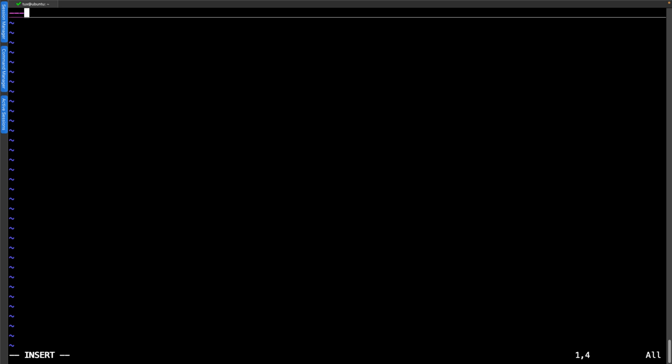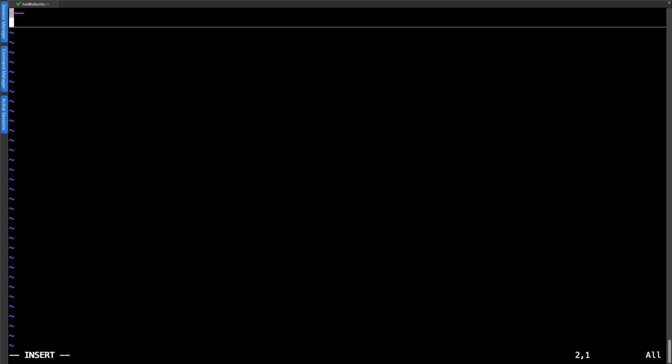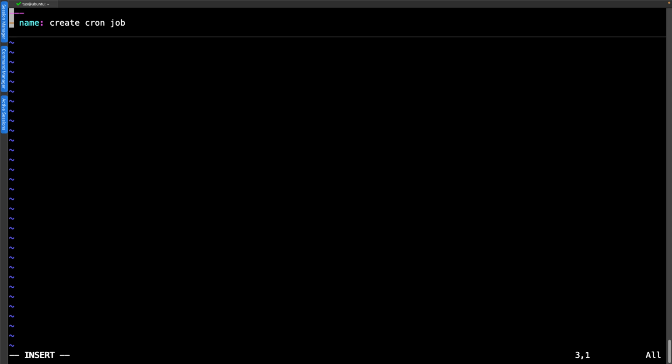We can put in our 3 dashes to open up our YAML document. We can create a new play. Remember, with our plays and our tasks, they should have quite descriptive names. I'm going to keep them short just for the simplicity of typing here. So I'm just going to create cron job.